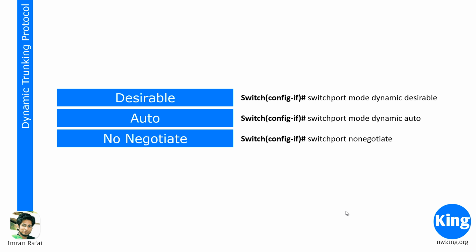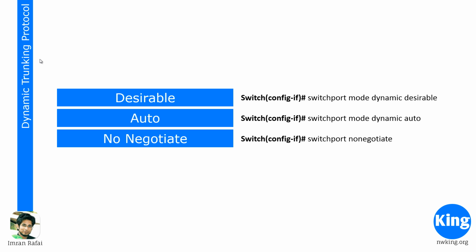And what is it negotiating? It's negotiating a trunk. So you should get the hint from the protocol name. It's a dynamic trunking protocol. That means, what does it negotiate? It negotiates a trunk. So the minute another device is connected to that port, and if that port is in